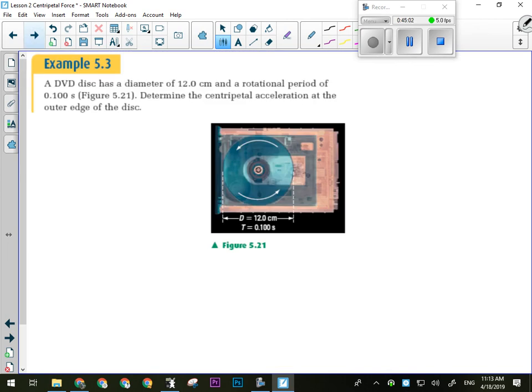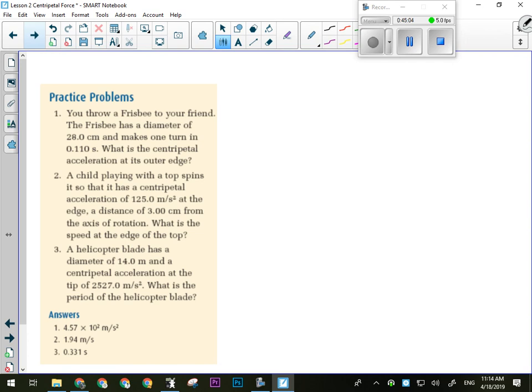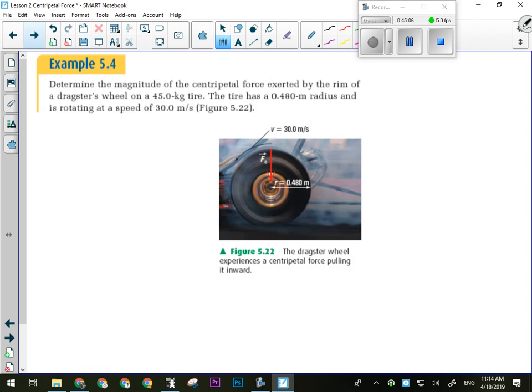And that one we don't need to do. We'll skip that one. All right. We want to determine the magnitude of the centripetal force exerted by the rim of a dragster's wheel